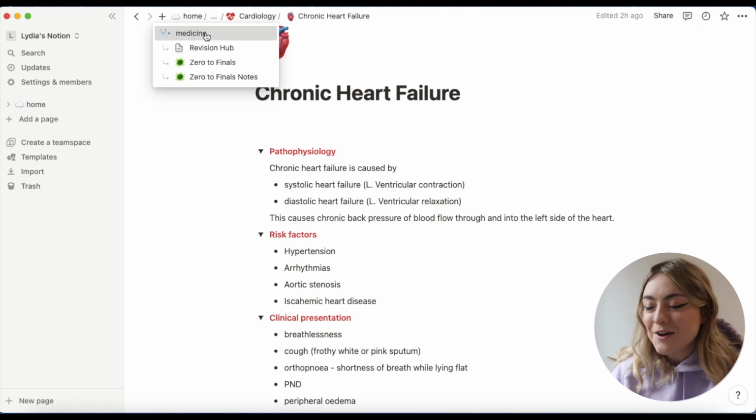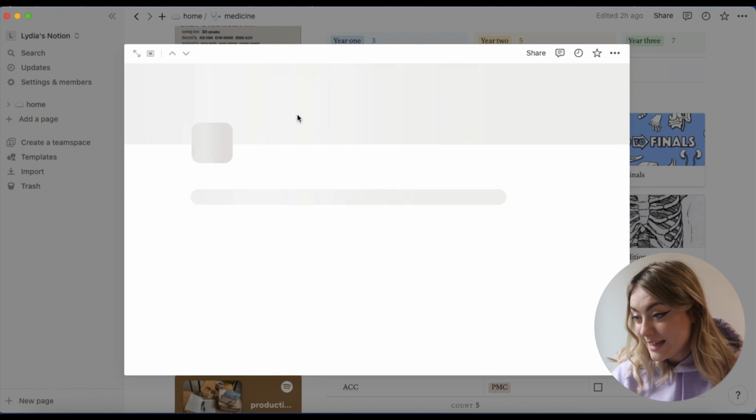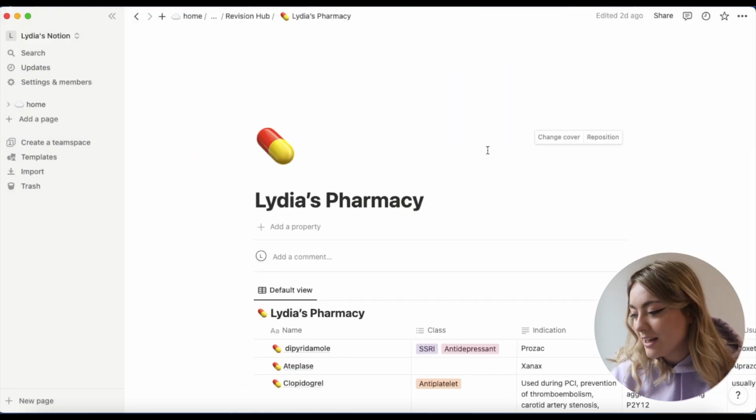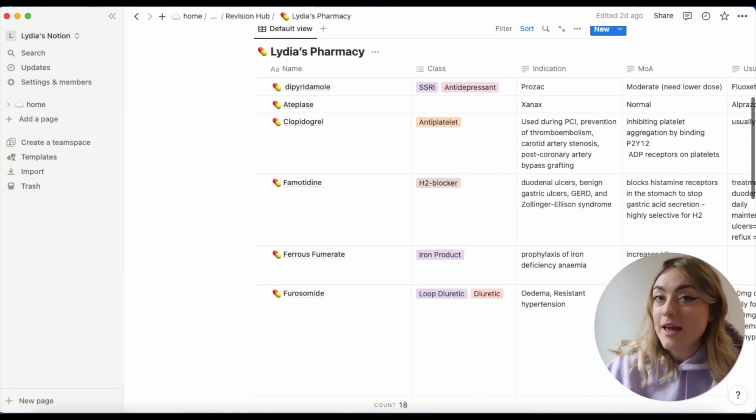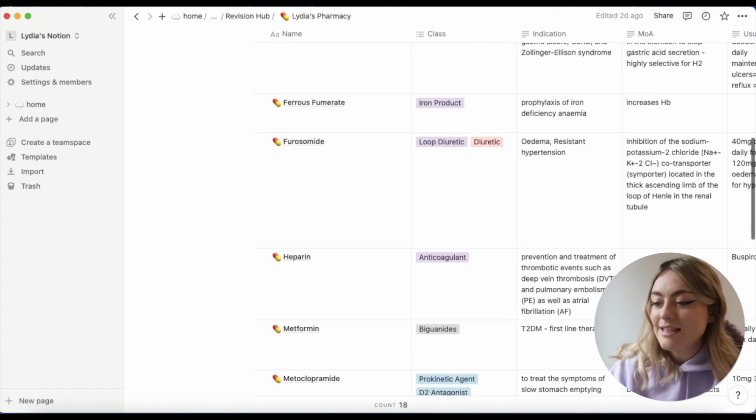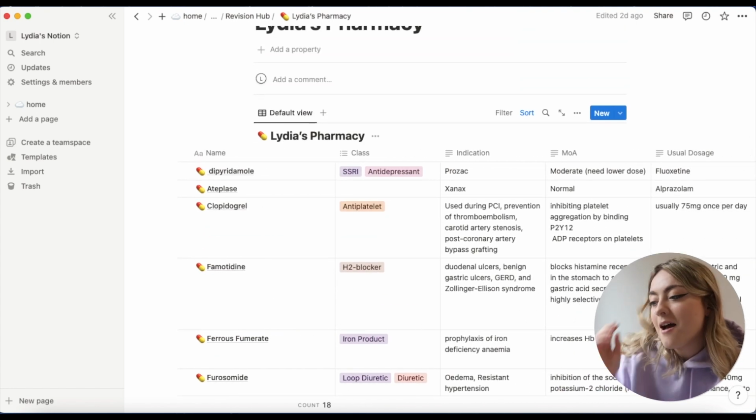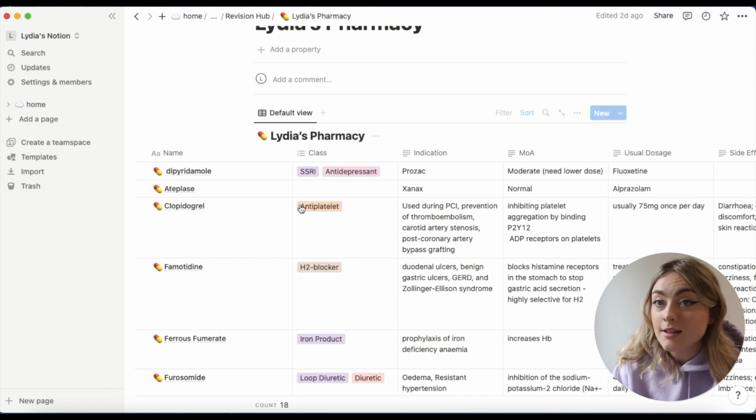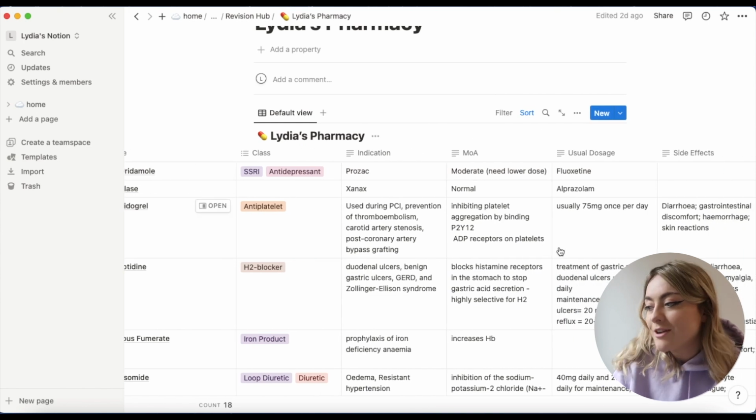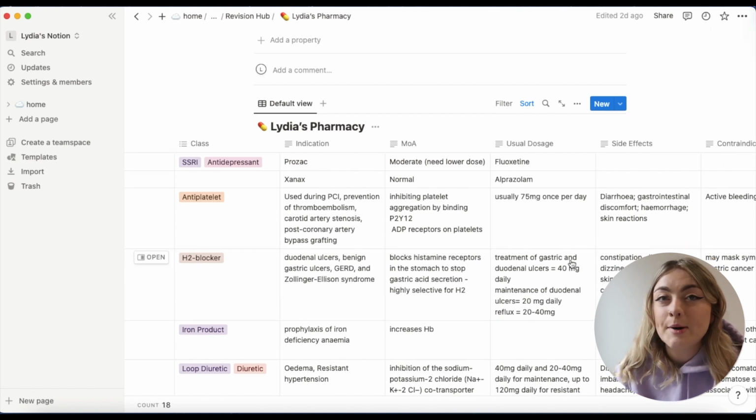Then I've got Lydia's Pharmacy. This is something I've come up with this year. It's basically a database, and I have been adding drug names. Every time I come across a different drug, I pop it into this table, and then I've got this database of all the drugs that I've come across on placement, and I have tagged them by what drug class they are, by their usage or their indication, their mechanism of action, the usual dosage, which I don't think we'd need to know for the exam,